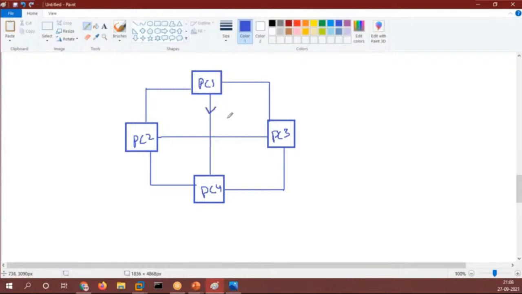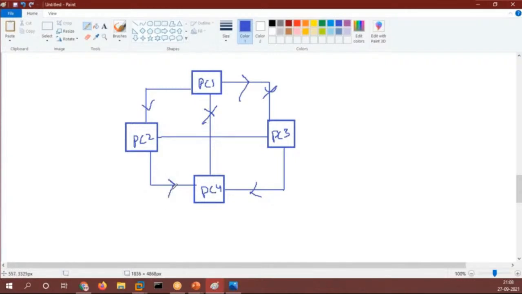It will be directly sending the data towards your PC4. Right? Now what if this wire is not working? This wire became faulty. So PC1 will forward that data towards PC3 and PC3 will forward that data towards PC4. This is also a point. What if this wire is also faulty? So PC1 will be sending the data towards PC2 and PC2 will be forwarding it to PC4.